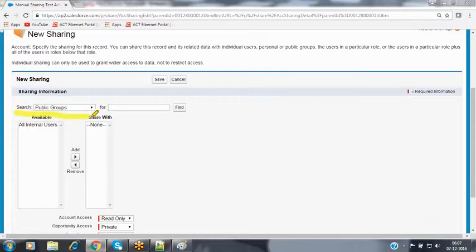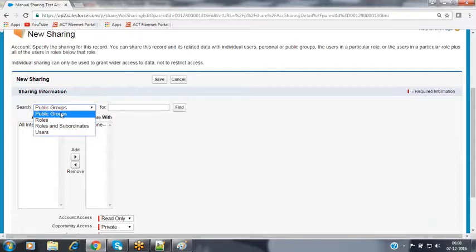In that search option, we can specify how to find the users to whom you want to make this record visible. Do you want to share the record based on people's roles, or roles and subordinates, or only users, or only public groups? You will have four options available here. Public group means we can collect a group of users as a collection. If we share the record with the public group, then automatically all the members inside the group will get access to that record.